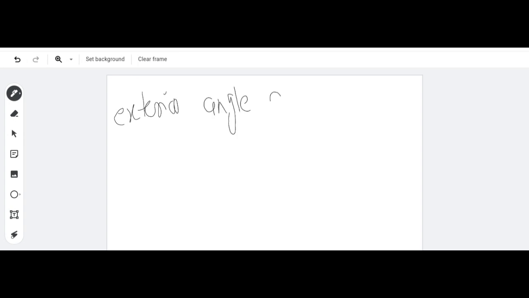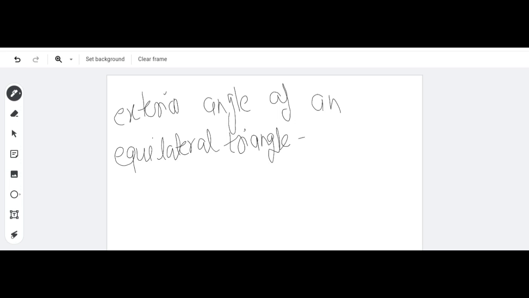Okay, exterior angle of an equilateral triangle. I just choose the triangle, the sum of the exterior angles is 360 and the sides are 3. Then the answer will be 120. The maximum possible measure of exterior angle for any polygon is 120. As we know, the exterior angle and interior angle are always in a linear pair.